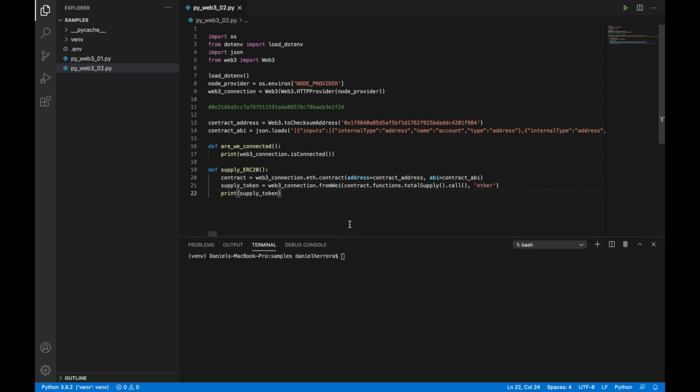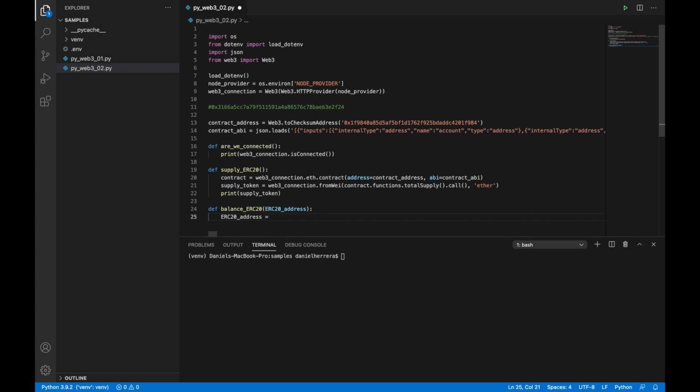Let's create our next function, which is to get the balance of an ERC20 token from a given ERC20 token address. So let's do that. We are going to define a balance ERC20. This one is going to take one argument, which is the ERC20 address that we want to pass as an argument to know what is the balance of that public address. Now, if you notice, that's the reason we copied this address here. This is the address that we're going to use. We copied that one from Etherscan. Now let's do ERC20 address